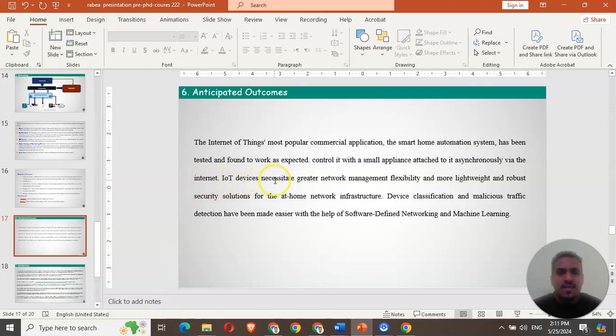IoT devices necessitate greater network management flexibility and a more lightweight and robust security solution for the at-home network infrastructure. Device classification and malicious traffic detection have been made easier with the help of software-defined network and machine learning.